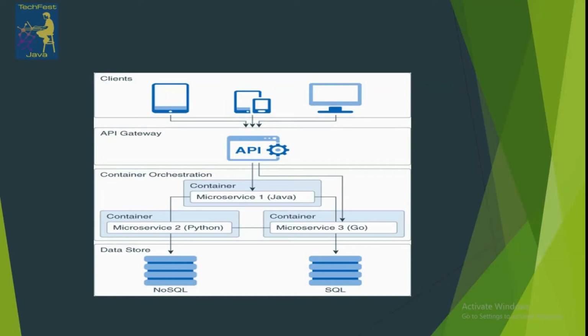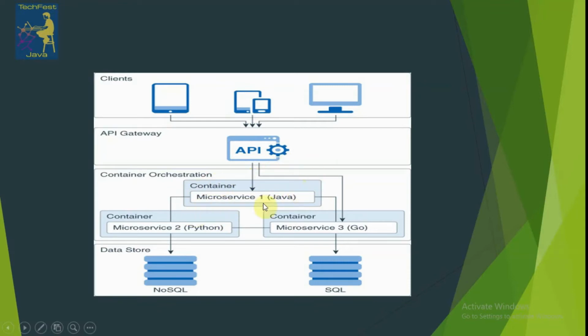Then there is a service called the orchestrator service. Either we create an orchestrator service, or it is decided by the API gateway itself to orchestrate the request, get a response from the other services and then forward it back to the client. So there is an orchestrator service.